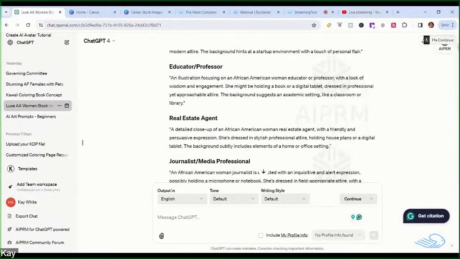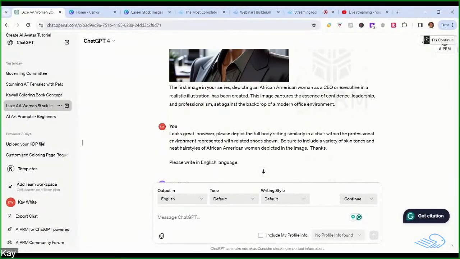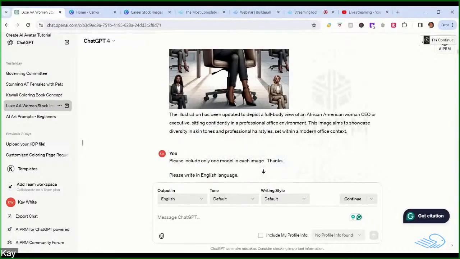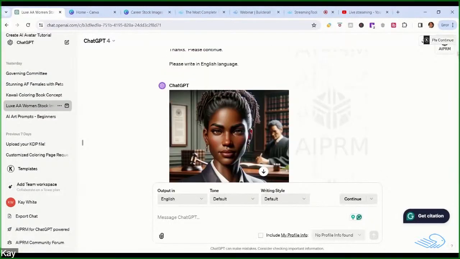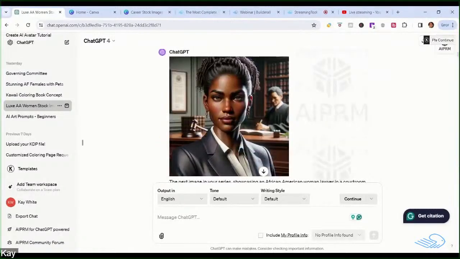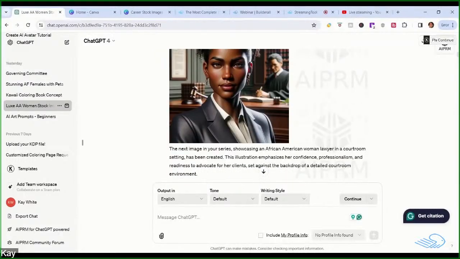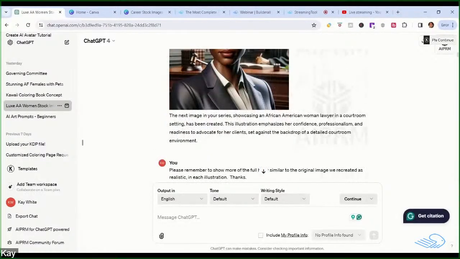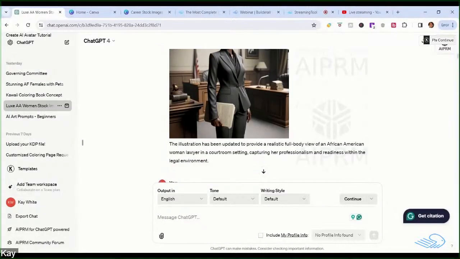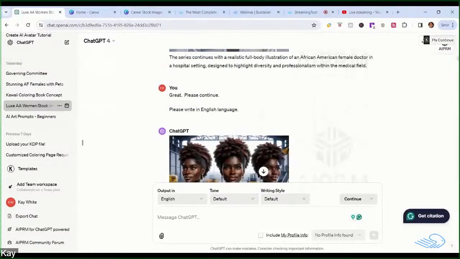And so I again started here because I knew the bulk of my work would be with getting the text and the prompts and the instruction correct. And so I went back and forth a little bit with ChatGPT in terms of guiding it to gain a more clear focus. But for the very first image, it gave me this one showcasing an African American woman lawyer, and it's in the exact same order as what I asked for previously. And so it showed me the lawyer, and I think I asked it to generate again. It gave me another lawyer. And then I asked it to continue, and it gave me a doctor, and then